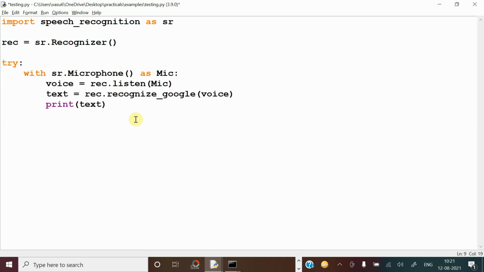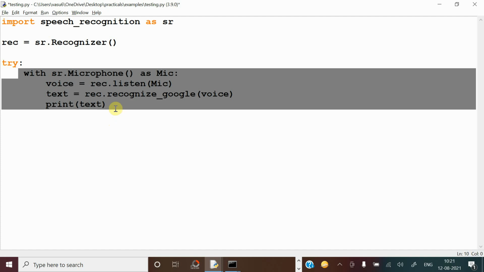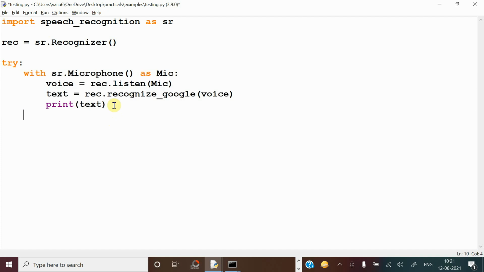Yeah, good. So what code is kept in the try block? In this part, if any error is raised, then control will automatically be transferred to except. Now, in except, if there are any input errors, they can be kept here.